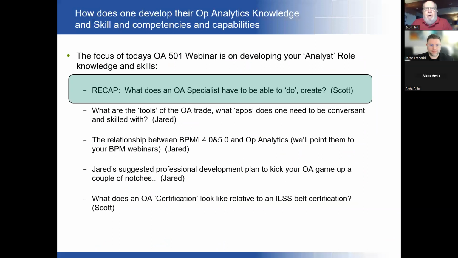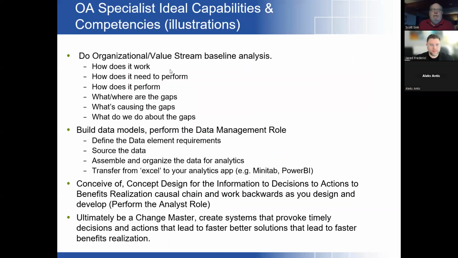So I'm going to start off, and this is going to be sort of a recap of what we covered in 101 through 401, and then I'm going to pass the baton very quickly to Jared. The things that we've talked about in 101 through 401 is, as an analyst, as an organizational or operational analytics specialist,